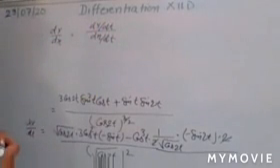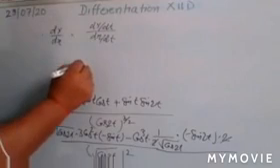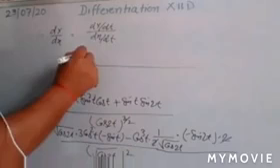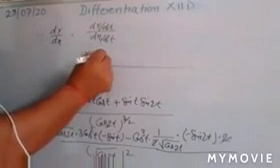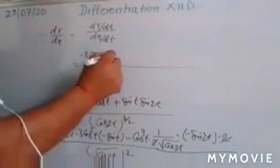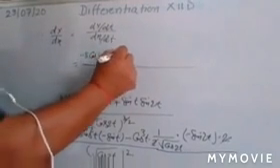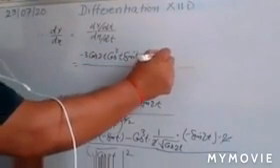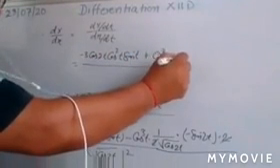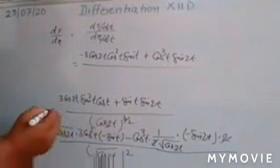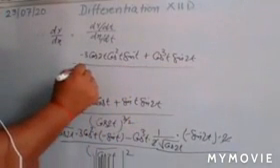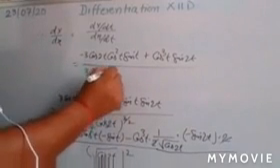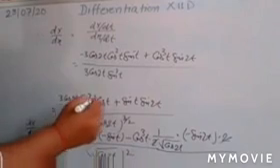Putting its value, you have minus 3 cos 2t cos square t sine t plus cos cube t into sine 2t, divided by 3 cos 2t sine square t cos t